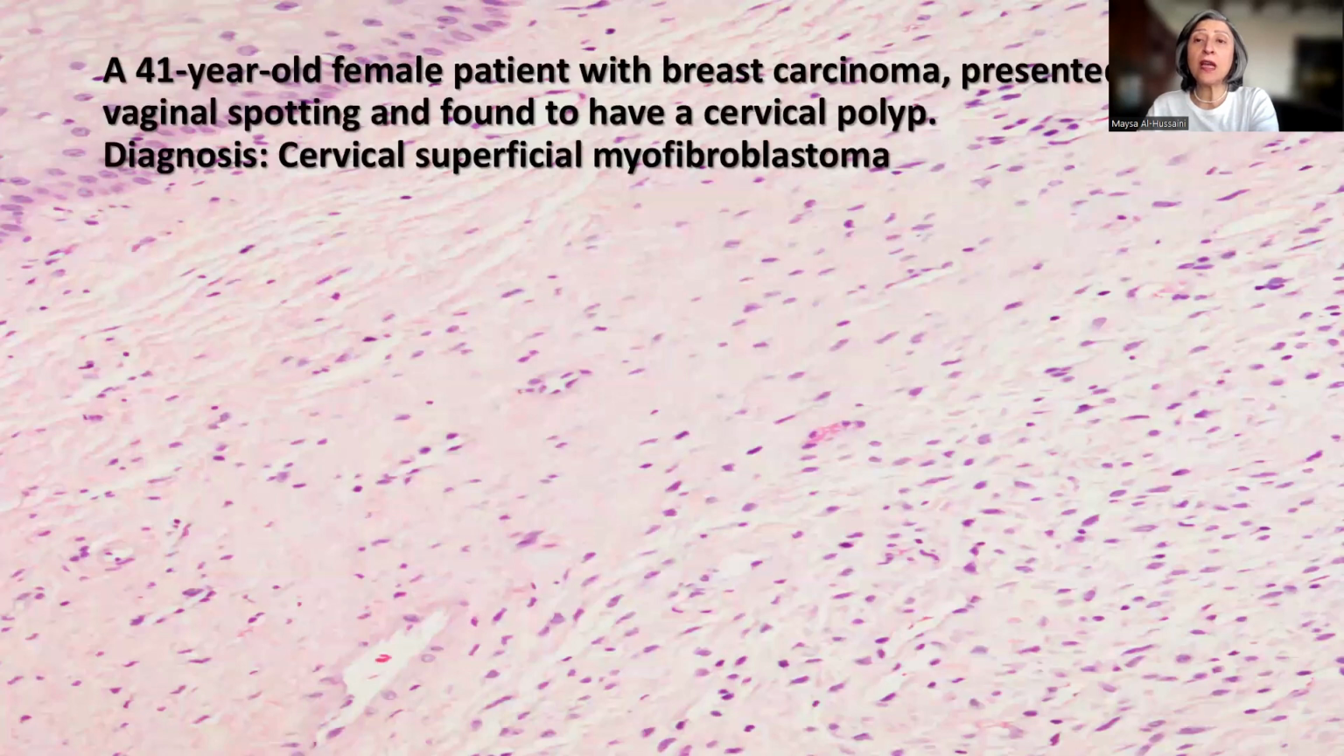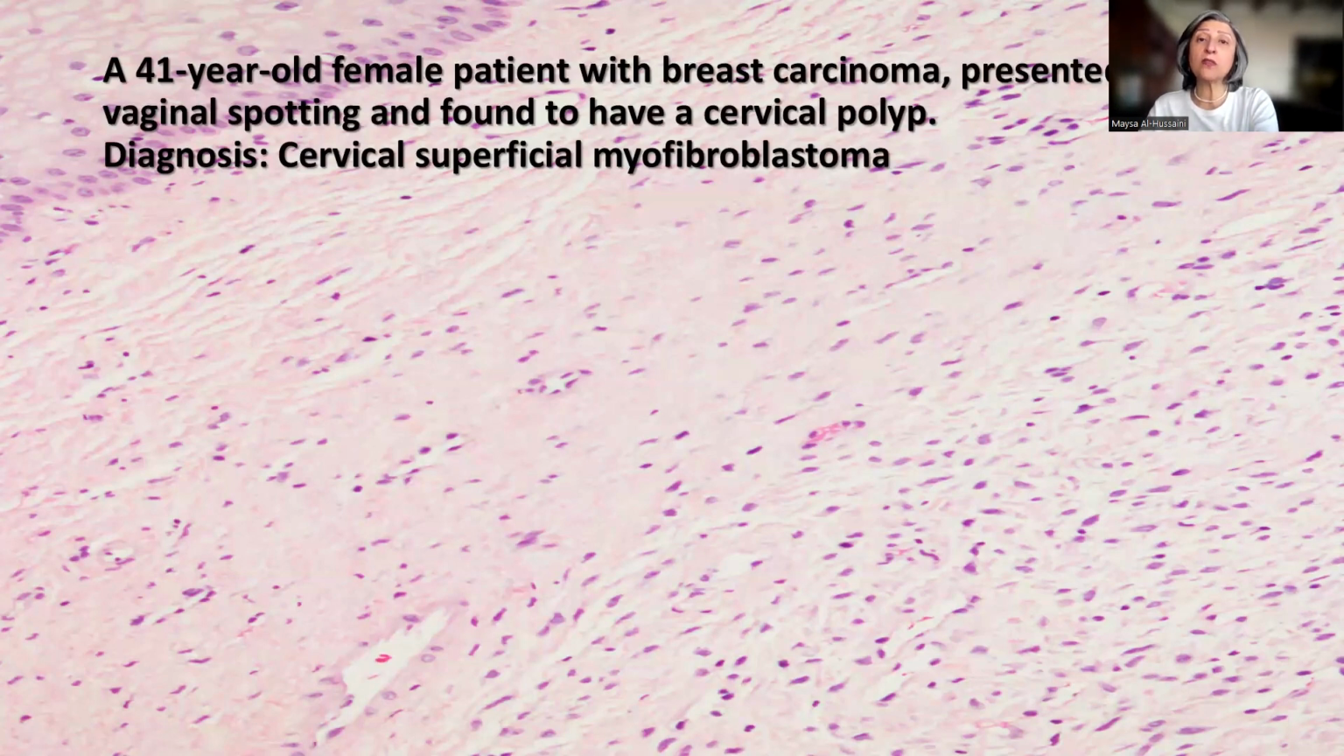So the final diagnosis of this case is cervical superficial myofibroblastoma. This is a rare benign tumor of the lower female genital tract, mostly seen in the vulvovaginal area, rarely described in the cervix. What is a really important tip is that the tumor is usually strongly positive for Desmin, but remember,